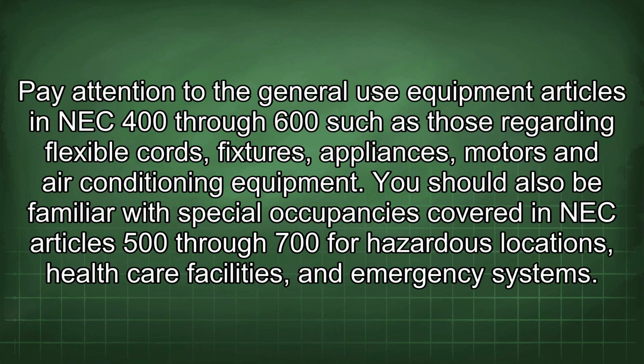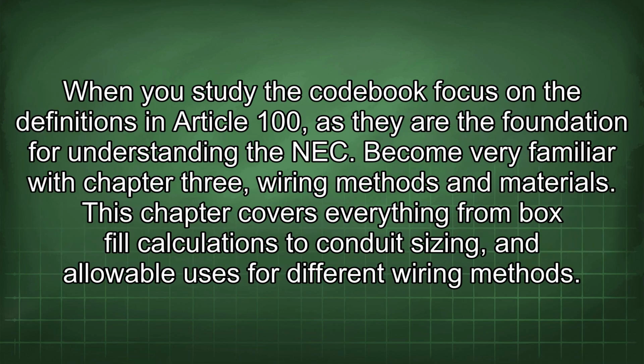Pay attention to the general use equipment articles in NEC 400 through 600, such as those regarding flexible cords, fixtures, appliances, motors, and air conditioning equipment. You should also be familiar with special occupancies covered in NEC Articles 500 through 700 for hazardous locations, healthcare facilities, and emergency systems. When you study the codebook, focus on the definitions in Article 100, as they are the foundation